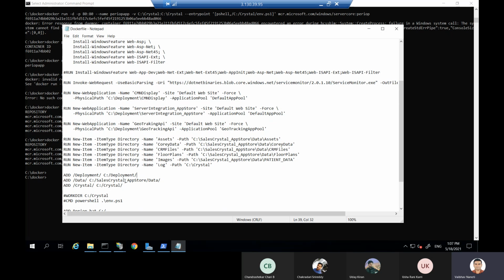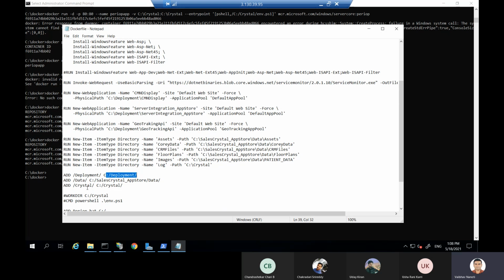After that, my development code is going to be copied into the C development folder according to this application, where as per the code it is going to be browsed from the C development CM display.